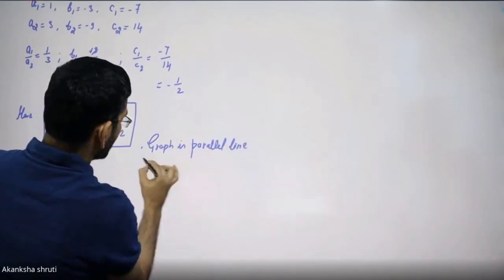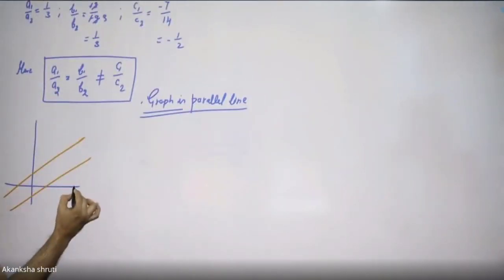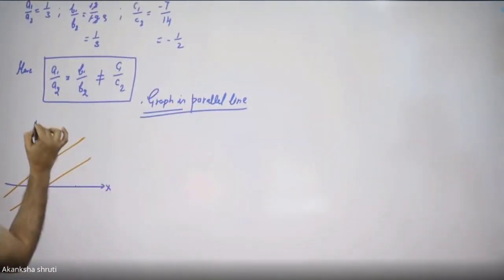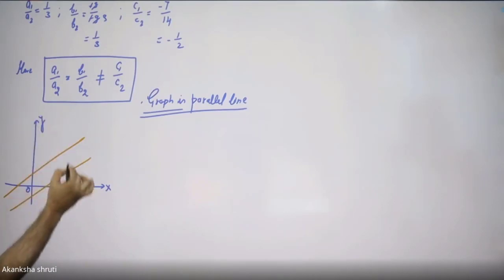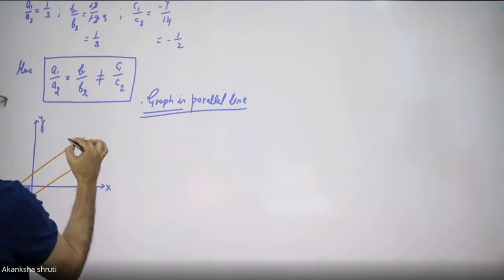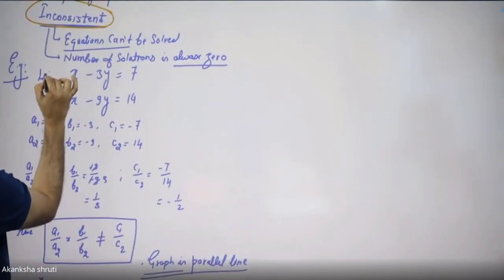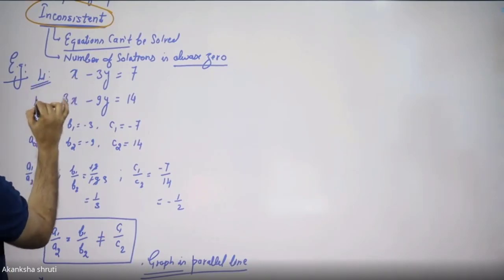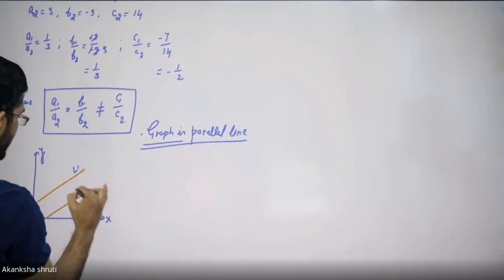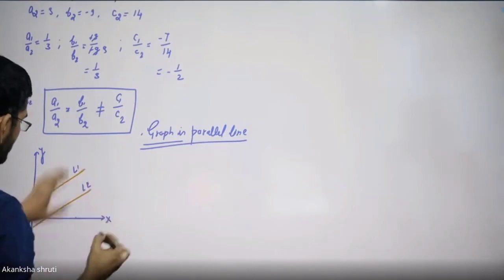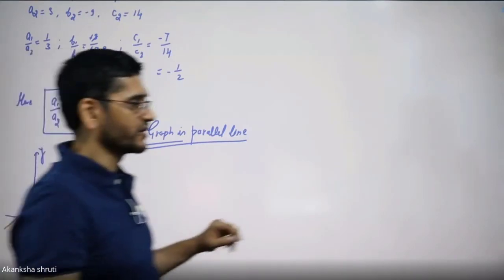Keep this in mind, we will plot the graph and show you. It means here on this axis you are plotting some x, on this axis you are plotting y, the two graphs that you will obtain. So this is corresponding to line 1 or equation 1, because a linear equation represents a straight line. This is our line 2. So this was for line 1, this was for line 2. These two are not meeting, meaning not intersecting, no solution. That is the meaning of this graph.